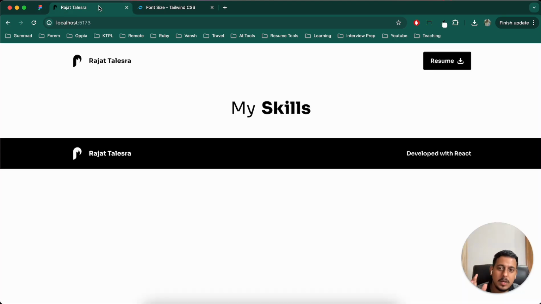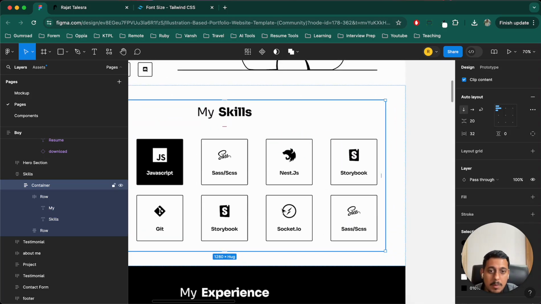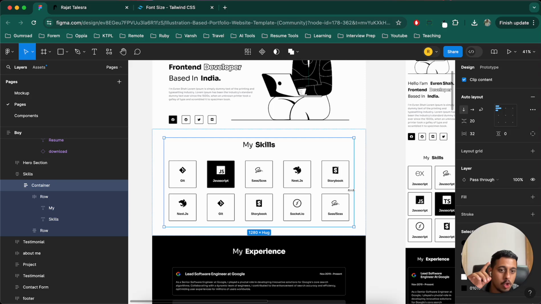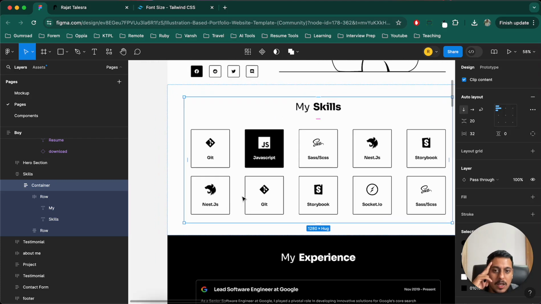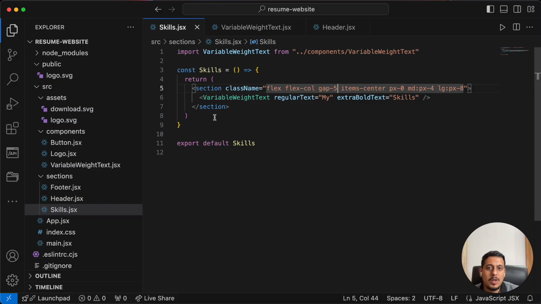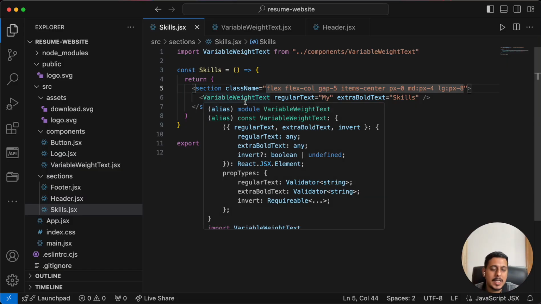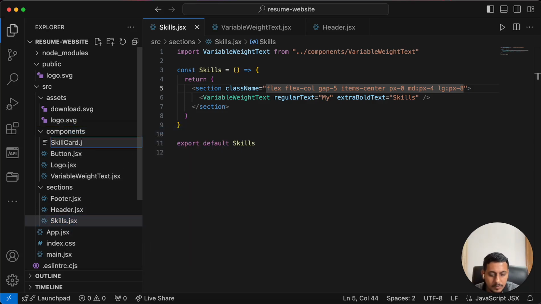You must have gotten hang of it, but the point here is that trying to copy things as much perfect as much we can. But there is one new concept, which is how do we show these content in these 10 items in our, what is it, React code website, right? So we have icons and we have text, and we will have to keep on changing them, right? So let's first start creating a skill card, use it once here, and then start replicating things. Okay, so for that, again, I'll go to components, create a new file called skillcard.jsx,